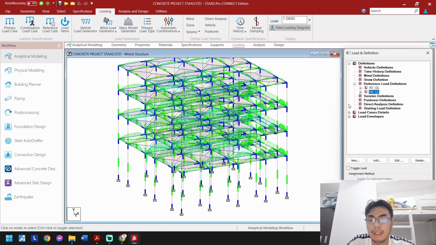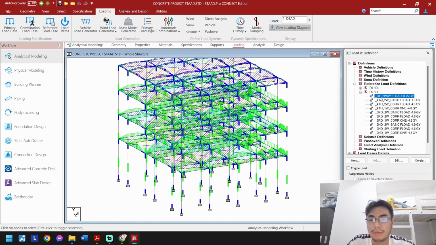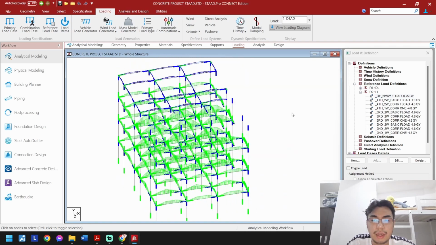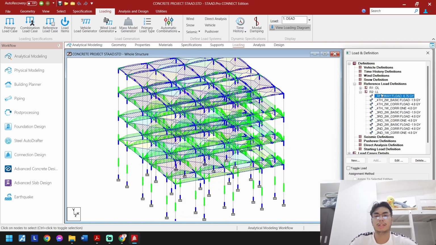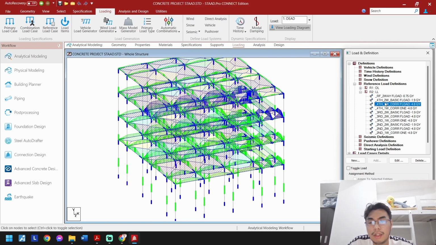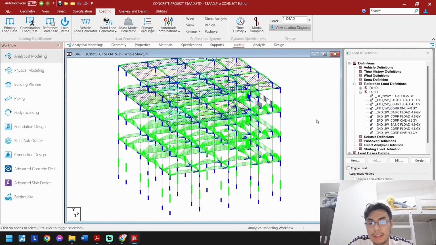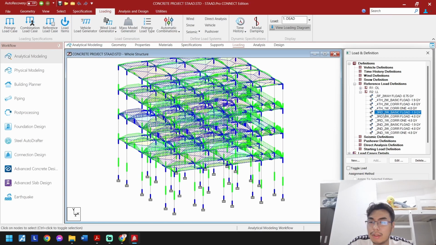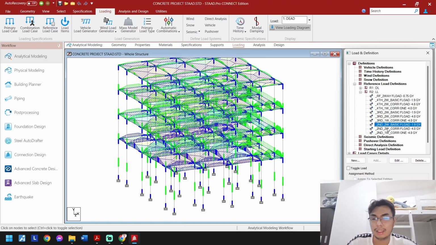So now moving on, here are the live loads. For the roof, we have decided to use this kind of loading. Then for the second floor to the fourth floor, here is the basic floor load. Then here are the corridor loads. Then there's the one-way load for the stairways. Then the basic load of the third floor, the corridor loads, and the one-way corridor loads of the third floor. Likewise for the second floor, it is just the same as the ones previously mentioned above.